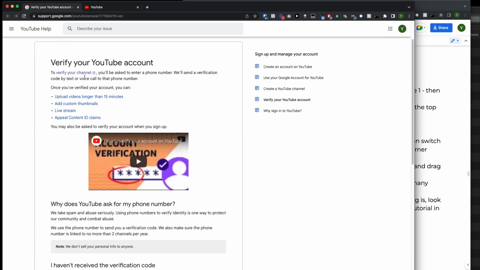I'm going to open that up, and you'll see on here, verify your YouTube account. What you do is click on this link right here, and it's going to ask you to enter your phone number, and it's going to send you a text message or a voice call in order to verify your YouTube account. Again, remember, if you do have a Gmail, then you already have a YouTube account. All you got to do is verify it. Now, it might already be verified if you've had your Gmail for a long time, but you want to double check, okay? They also have a very nice YouTube video on here on how to verify your account on YouTube.